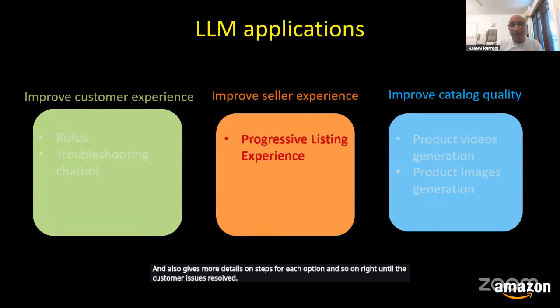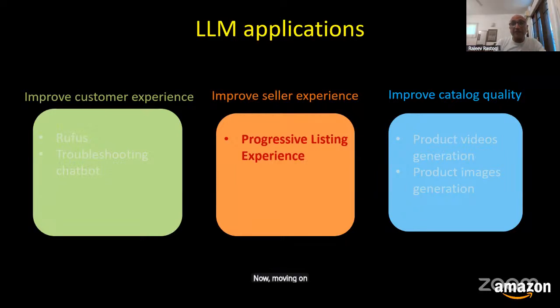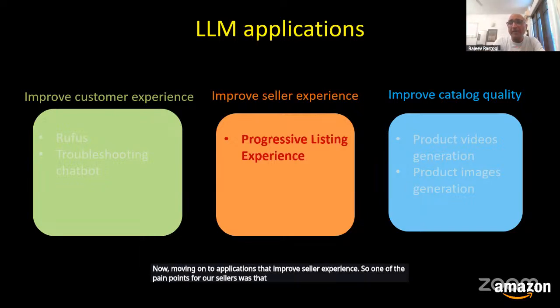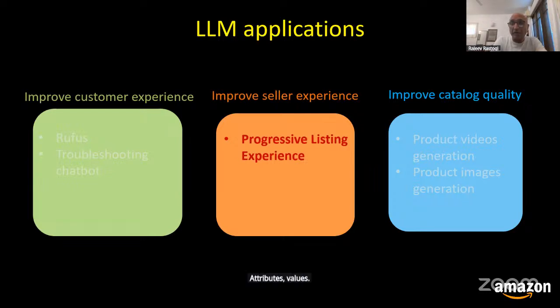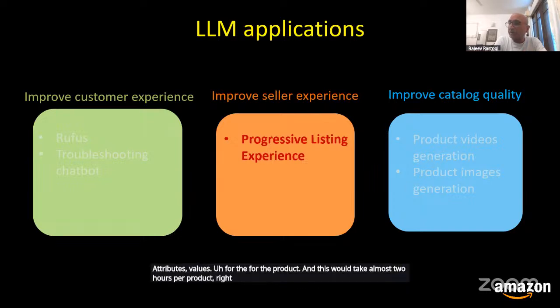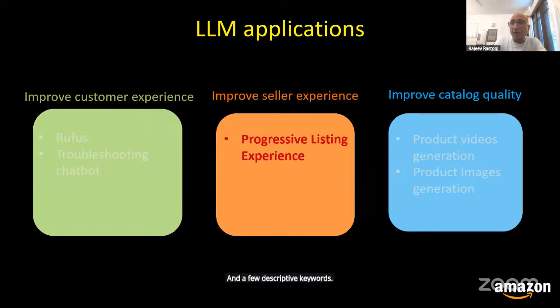Now, moving on to applications that improve seller experience. One of the pain points for our sellers was that every time they wanted to list a product on Amazon, they had to fill in 150 attribute values for the product, and this would take almost 2 hours per product, right? So we launched something called a progressive listing experience to simplify the listing experience for sellers. Now, with the progressive listing experience, sellers only need to upload an image and a few descriptive keywords of the product, and